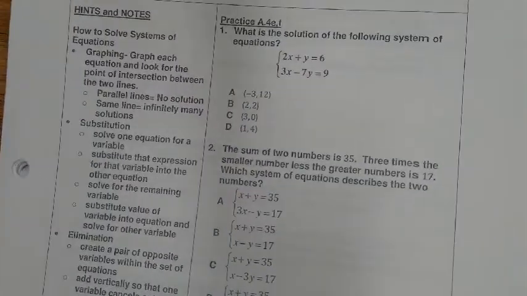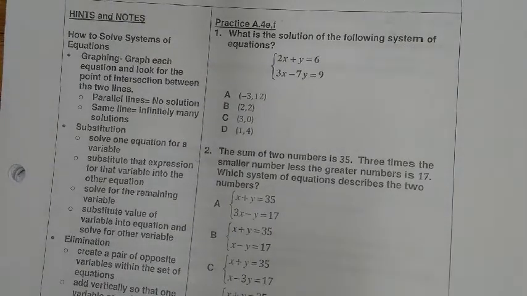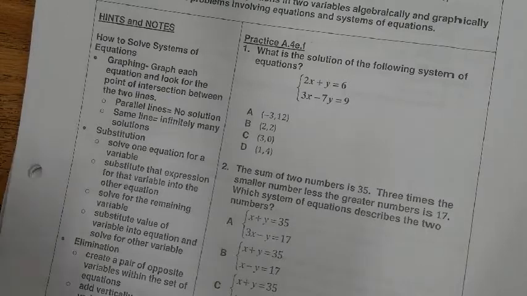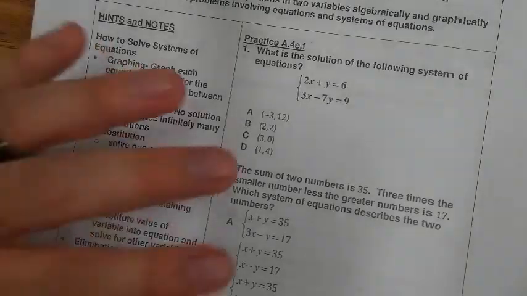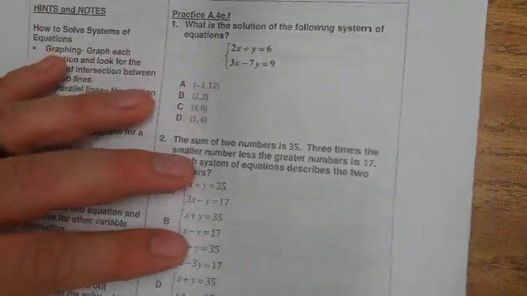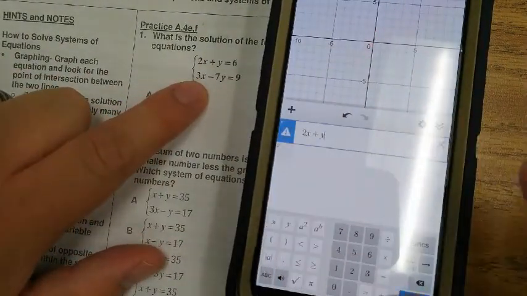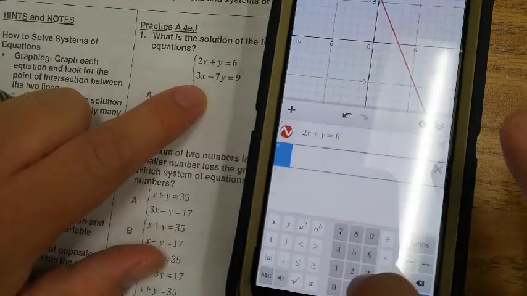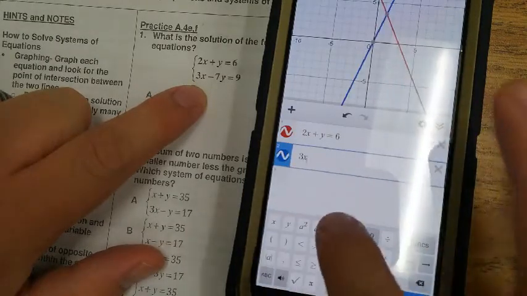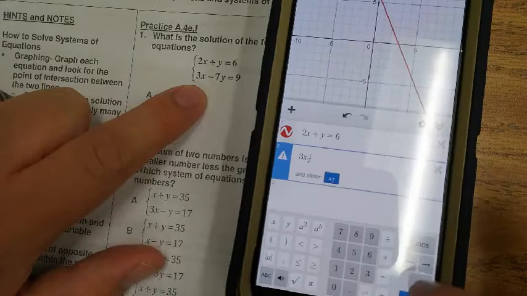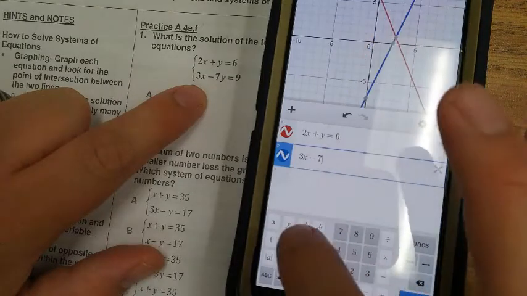All right. These ones are pretty easy. This is where Desmos is your friend. We can work this out by hand, but I promise you on this SOL, you're not going to work this out by hand. You're going to probably use Desmos. So let's just type in these: 2x plus y equals 6, and 3x minus 7y